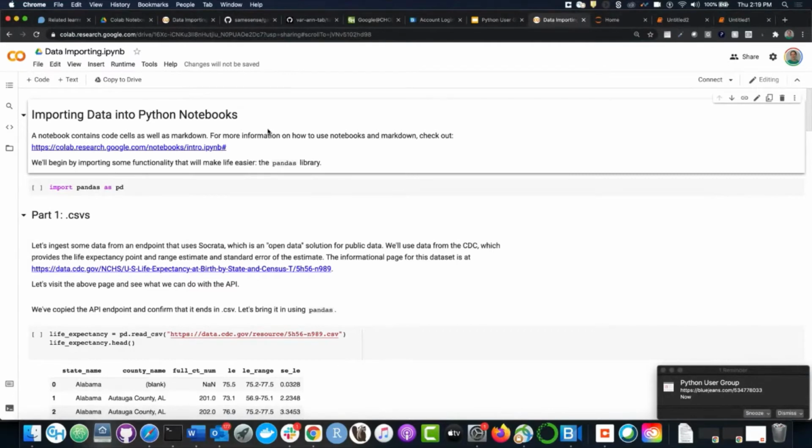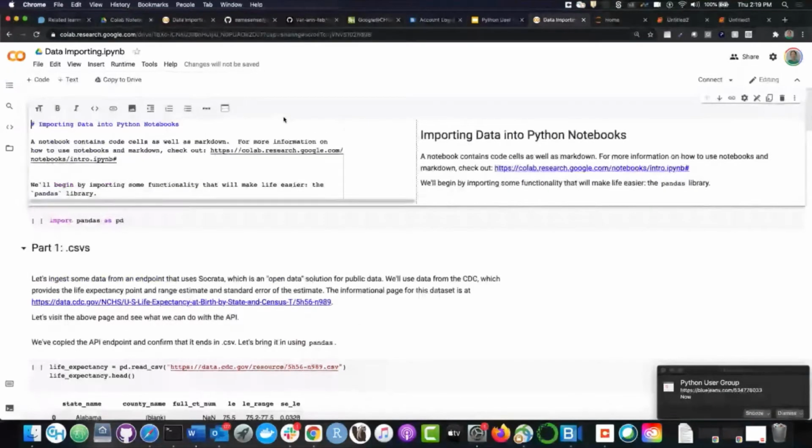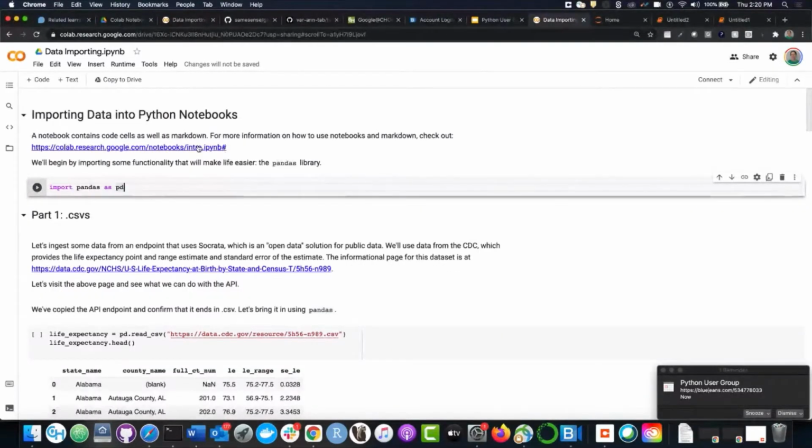So you will see here that this is a text cell, or it contains markdown. And so if I double click on this, you can see that what I actually typed here was a hash mark, which creates a header. I put some backticks around the word pandas, and that makes it look monospaced. And I included a link here, which automatically renders as a link. So by using some symbols here, I use Markdown to say I would like my text to be formatted in a certain way, and indeed it is.